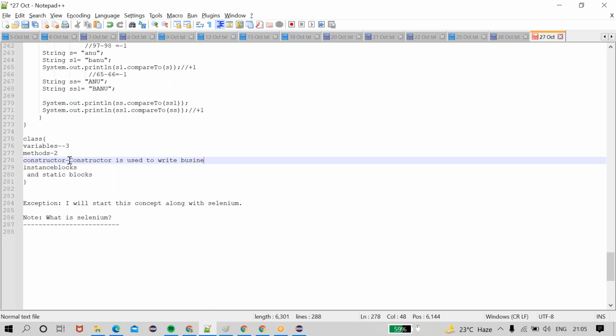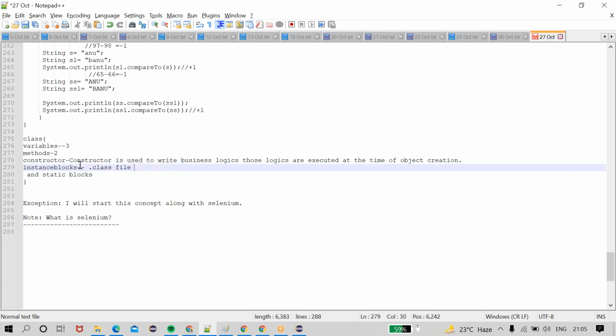Next, business logics. Those logics are executed at the time of object creation. Instance blocks will be executed at the time of .class file loading. Sorry, static blocks will be executed at the time of .class file load. Static, instance blocks and constructor will be the same, but for all the constructors, only one instance block will be executed at the time of